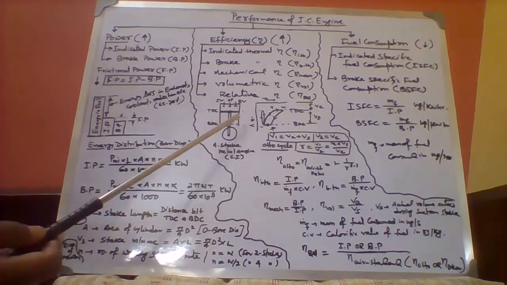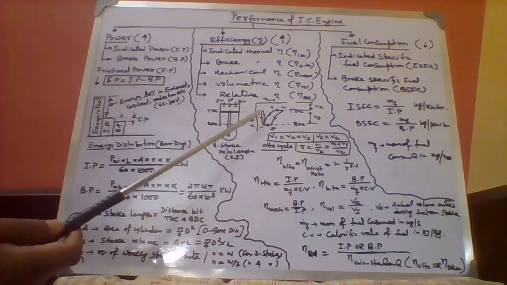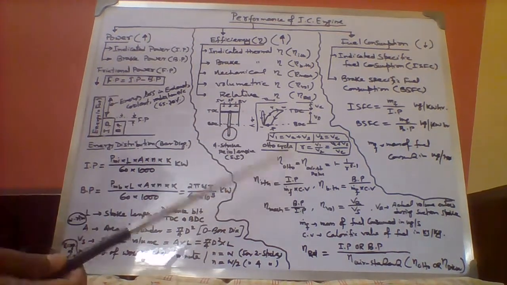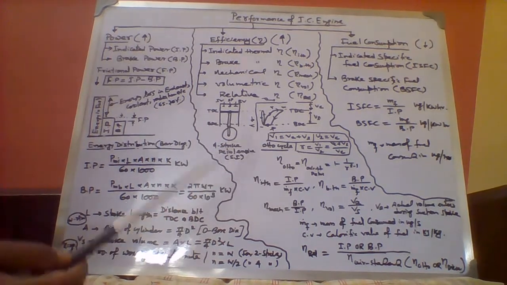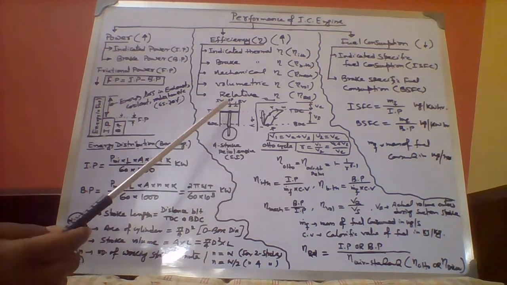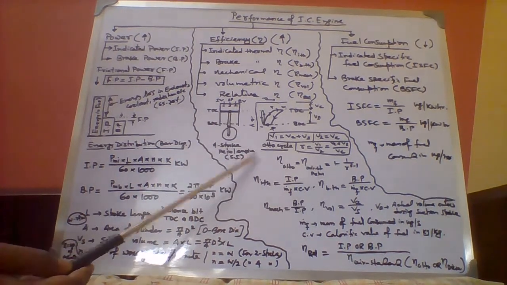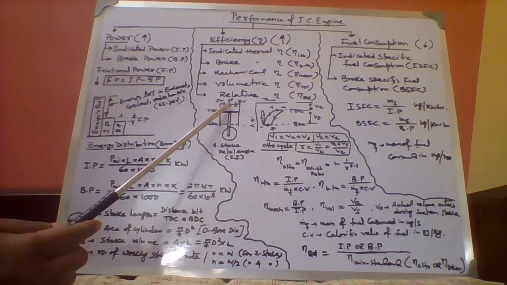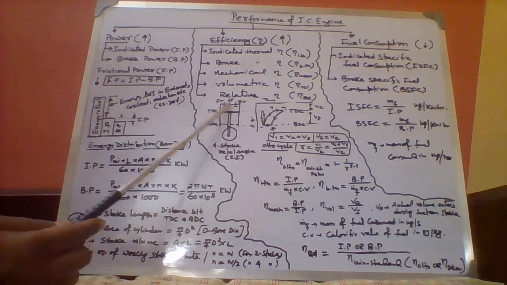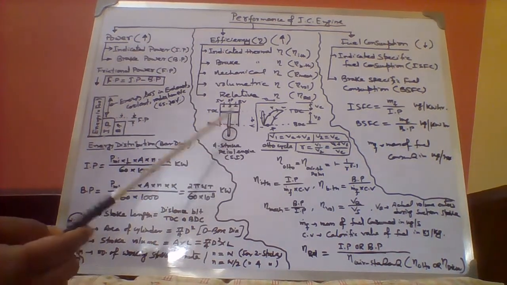And if it is two-stroke, then these valves are replaced by ports here. And what about the petrol engine? A petrol engine should have a spark plug, that is here in the middle, spark plug. And if it's a diesel engine, then it should have a fuel injector. So by this we can identify what the diagram indicates.